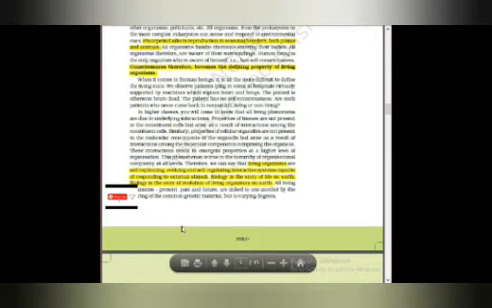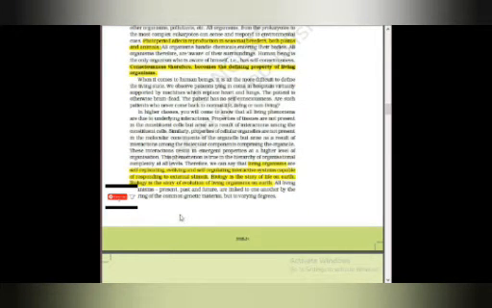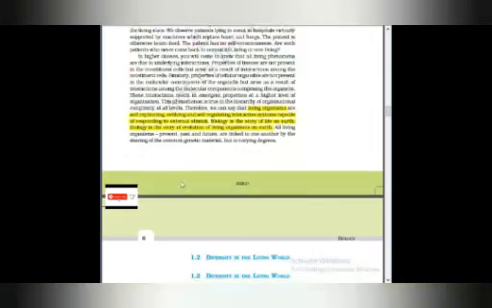The next important statement is about living organisms. What is the definition of a living organism? Living organisms are self-replicating, evolving and self-regulating interactive systems capable of responding to external stimuli. This is the definition of a living organism. You can also try to remember the definition of biology, although it is not very important: biology is the story of life on earth, and the story of evolution of living organisms on earth.